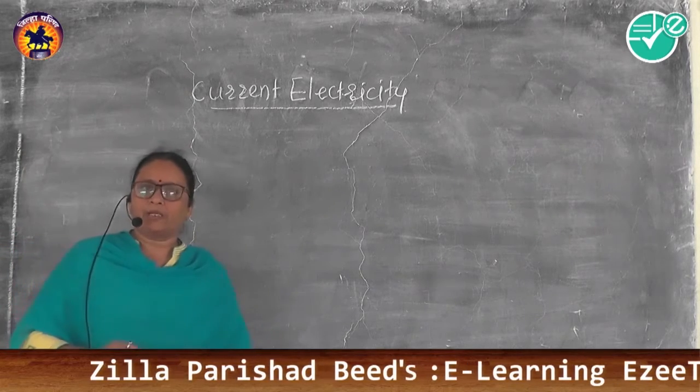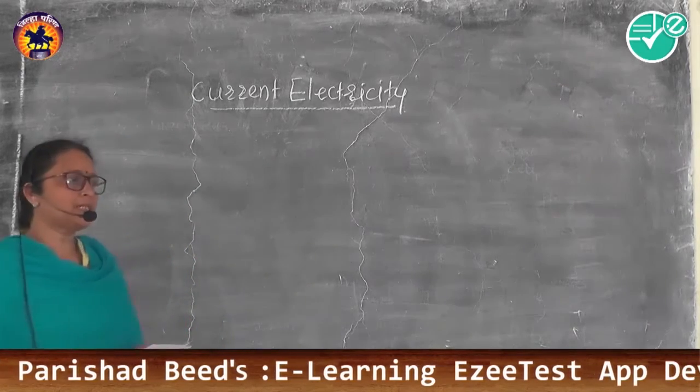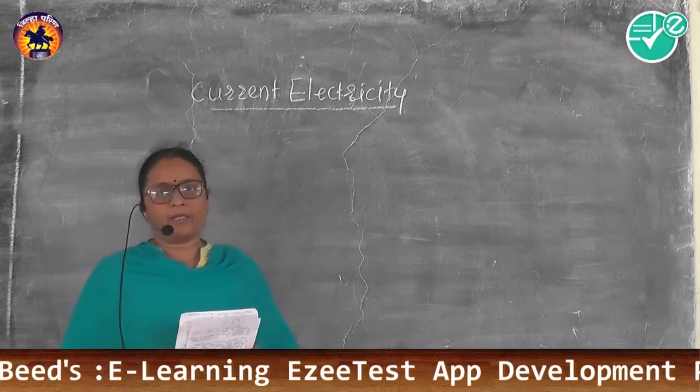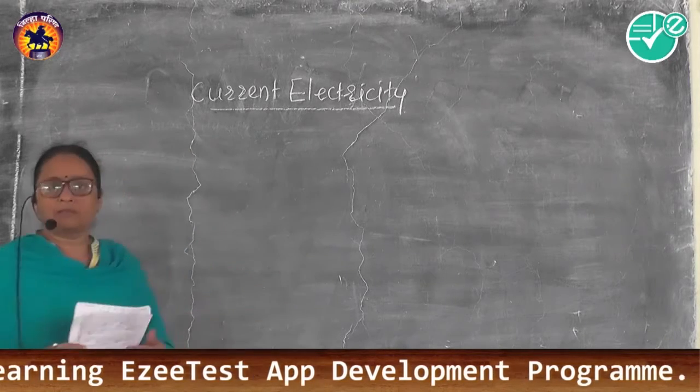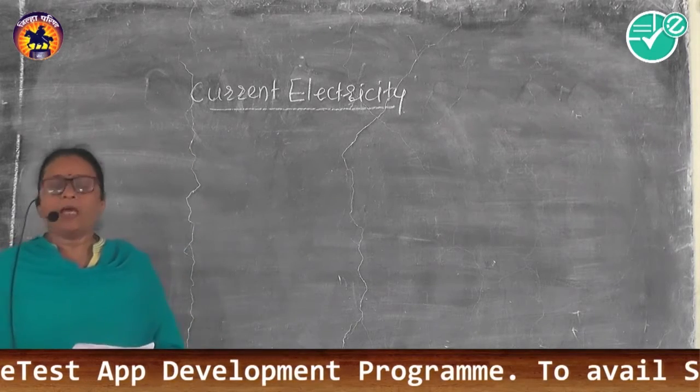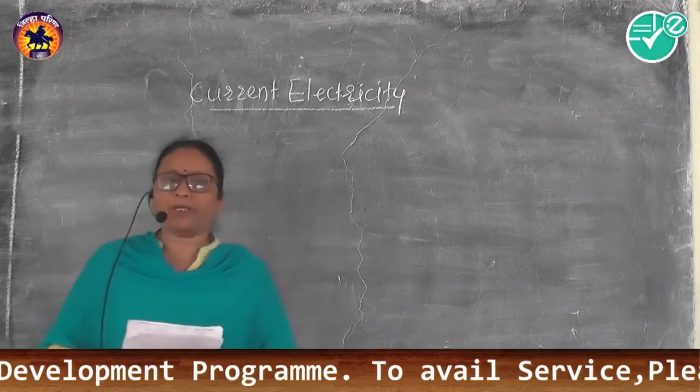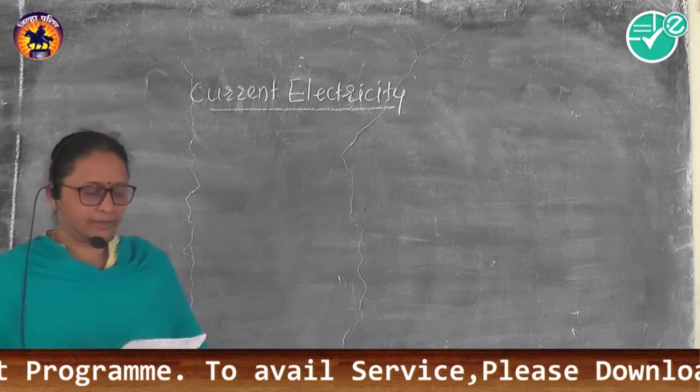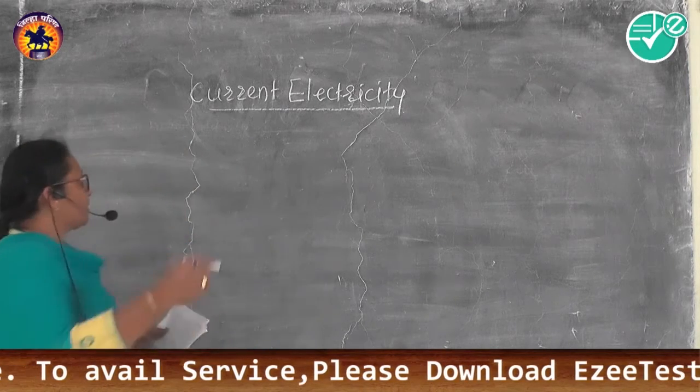We have discussed up till the theoretical portion as well as the important terms and the related formulas from current electricity, and now we try to solve some examples on this current electricity. So the first example,